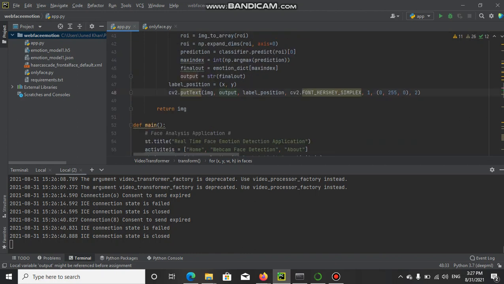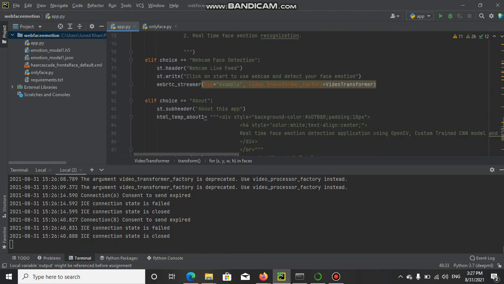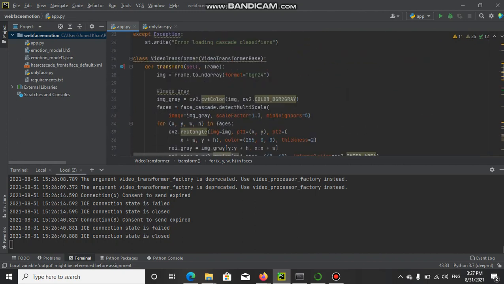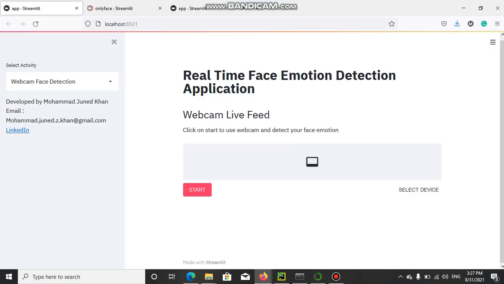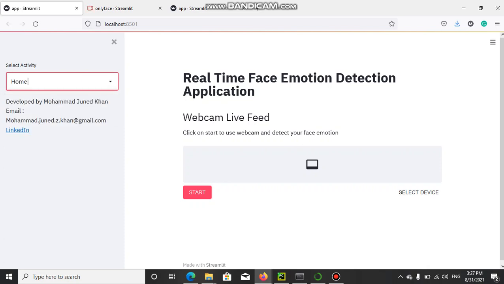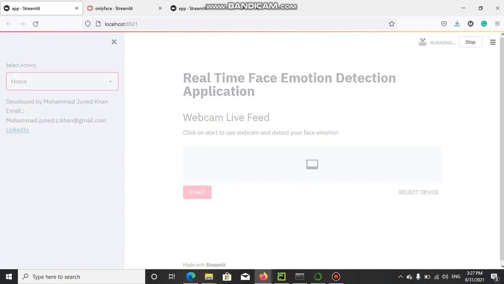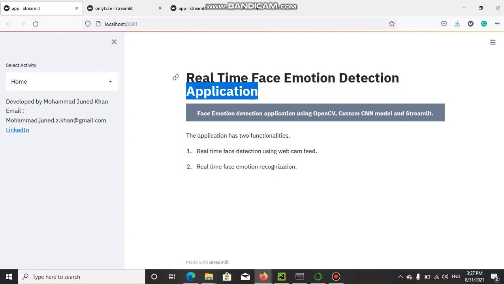You can go over my GitHub link and check this code, and this is all the code for the Streamlit application. So that's all for today, and hopefully soon I'll publish one more application for capturing the face and then analyzing the emotion, age, gender and race using this Streamlit web component.